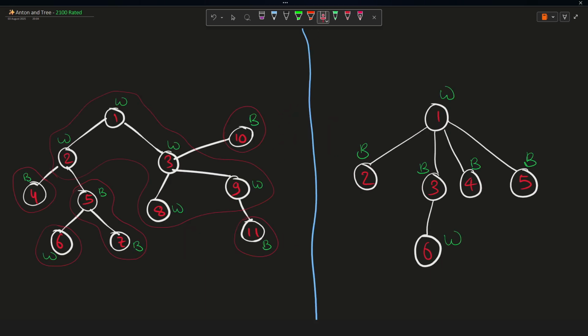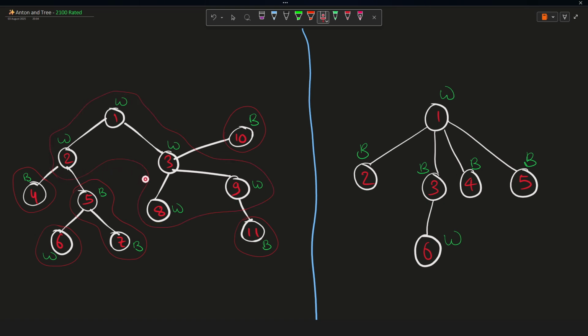So here, as you can see, I have drawn 2 different scenarios. This is the original example given in the question, and I have drawn another version of the same tree here. How I have drawn this, let's see. You saw that it is mentioned in the question that whatever node you paint, including that node, every node connected to it directly of the same color or connected to it indirectly will invert its color also, right? That is, for this given region that I have drawn here with red light color,